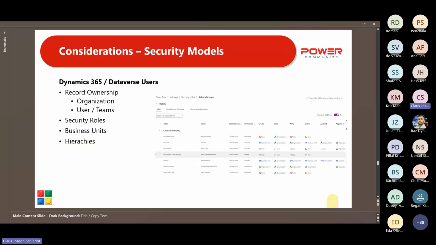Also related to the data modeling is that you need to have in mind your security model. So in Dataverse, the security model is built based on record ownership, on organizations, user and team security roles, business unit and hierarchies, and you have to define it for the tables and for each security role. So there are security roles coming with Dynamics 365 sales, for example,